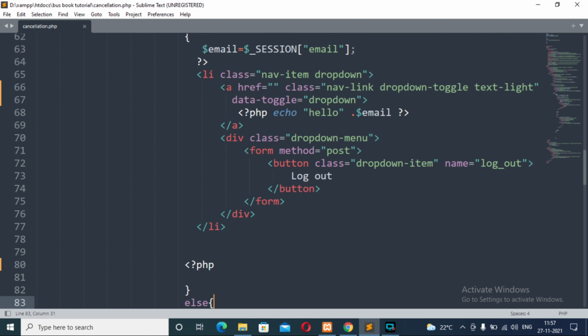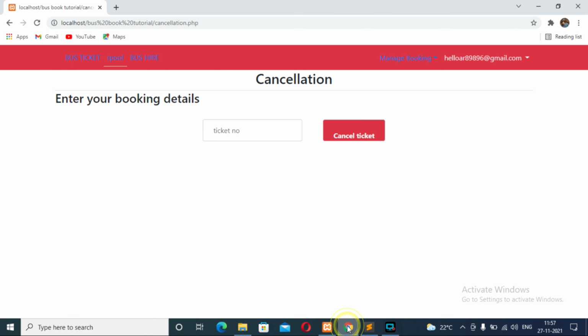So moving to the next section. Now I will provide a PHP script for cancelling the ticket. When any user provides the ticket number and clicks on the cancel ticket button, then the corresponding ticket will be cancelled, and there will be an alert message at the bottom of the screen showing the ticket is cancelled.